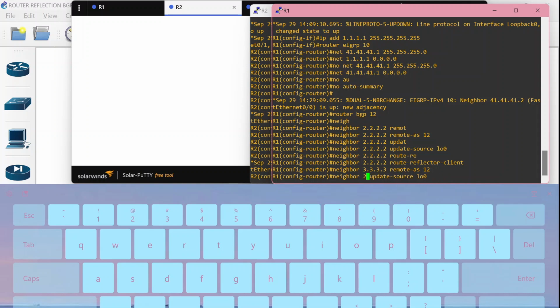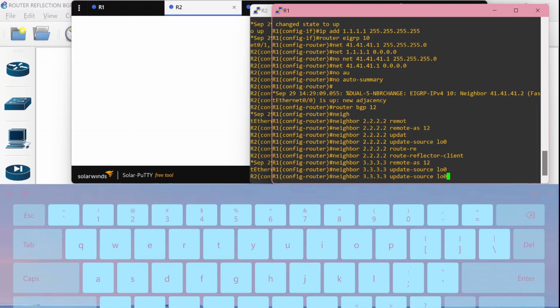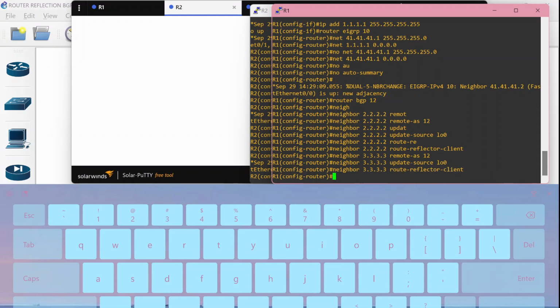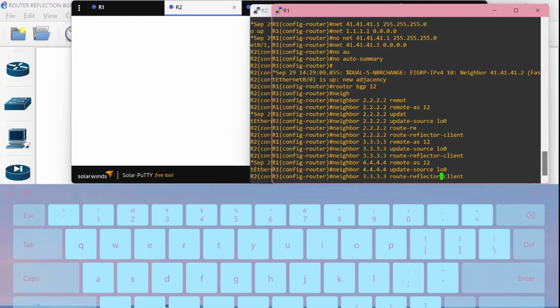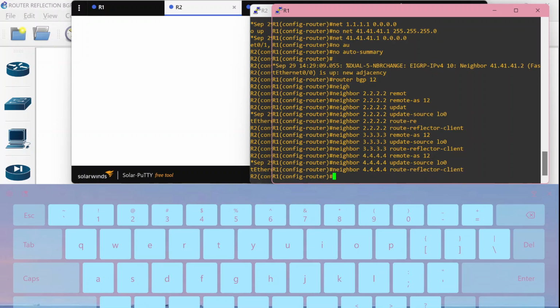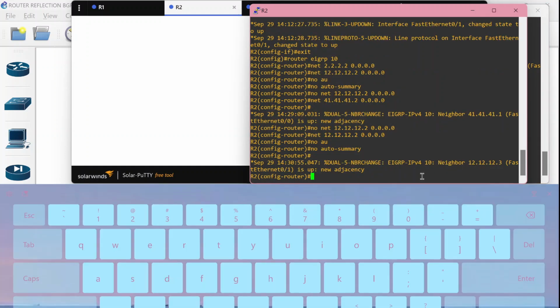In this router number 1, don't forget to enter the neighbor and the IP loopback, because we want to connect all four routers. And after that, don't forget to enter the same configuration with the other loopbacks as neighbors, and we can switch to router number 2.